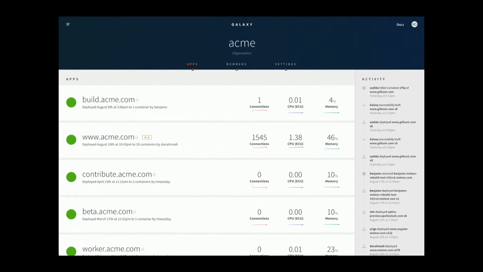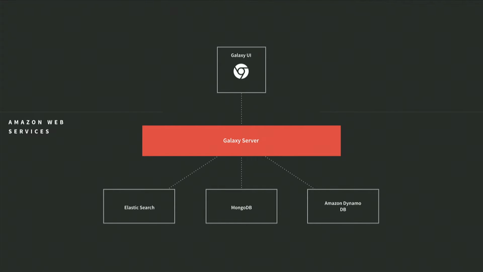This is what users use as the app to manage all their applications, look at all the data for their applications. So it's a very data-intensive, rich client experience. And the way we built it and architected it is that the entire platform is built on AWS. We leverage AWS for infrastructure and underlying data services. We use MongoDB for our operational data store, and the actual app that you're looking at is a Meteor JavaScript app. So it's React framework in the front end, and then a Node.js Meteor backend